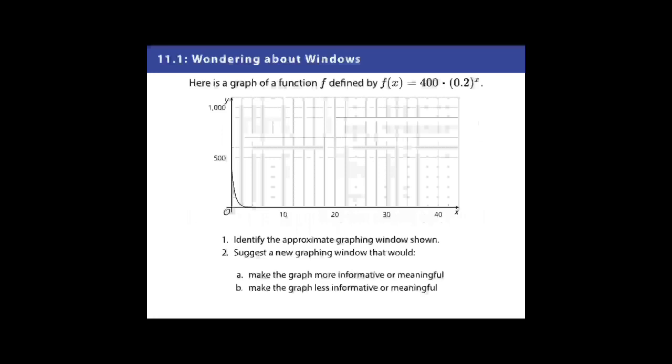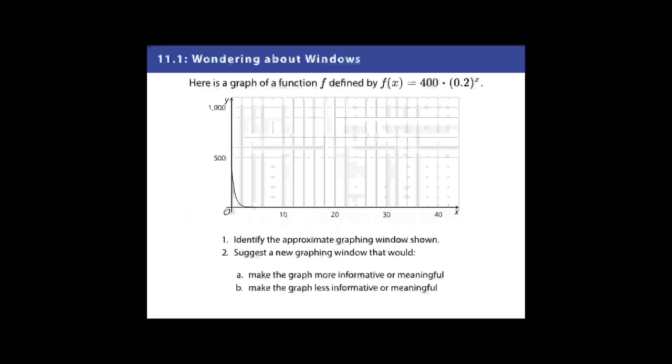So for A, one example would be 0 is less than x is less than 10, and 0 is less than y is less than 450. The window would include x values where meaningful changes happen and exclude the parts where the changes are very small. The y values are limited to values that matter between 0 and 400, allowing us to see more clearly the